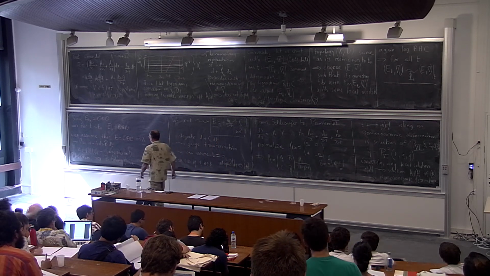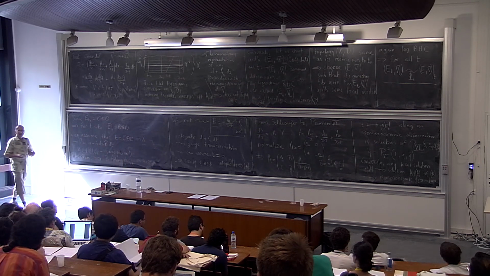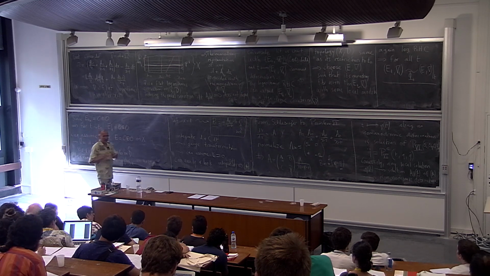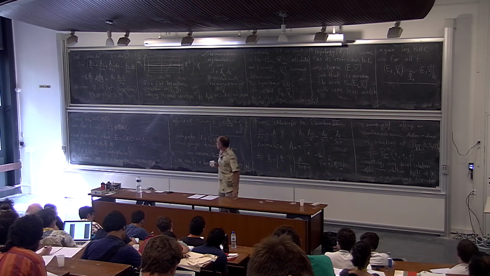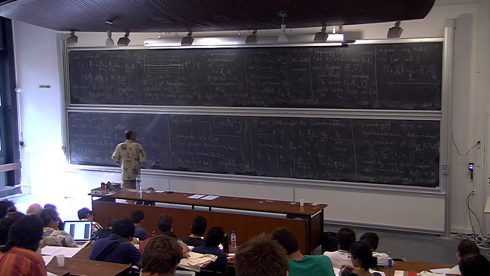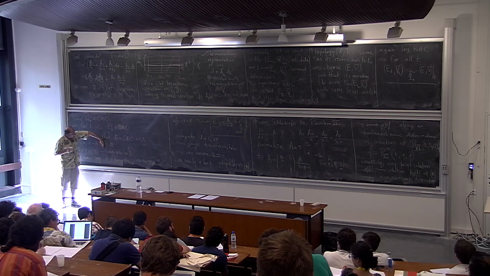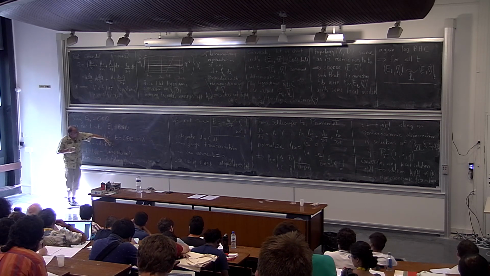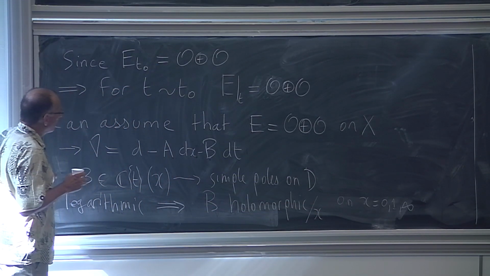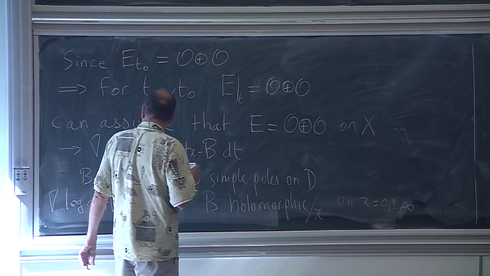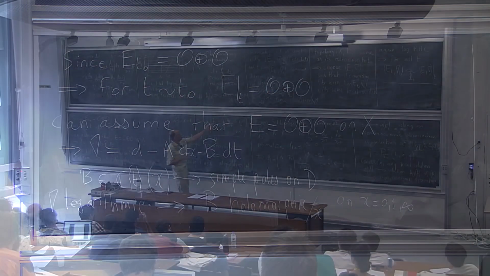So isomonodromic deformations are translated into a condition of integrability for a connection. So when you start with a deformation here, isomonodromic, you have a natural way to complete it in the other direction, in such a way that if you have a flat connection which is logarithmic, it must be of this form. So this form is that form.